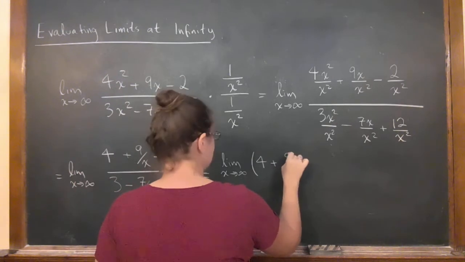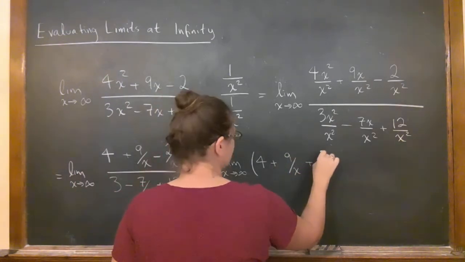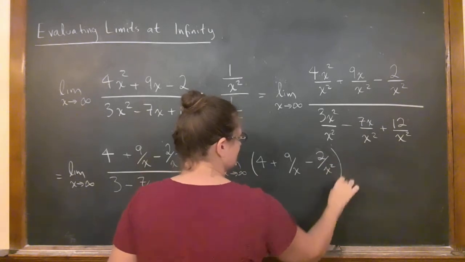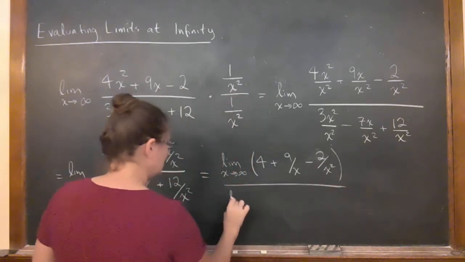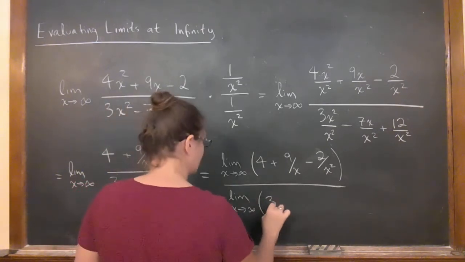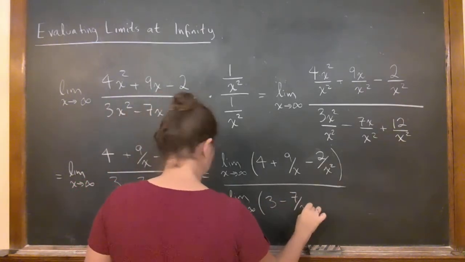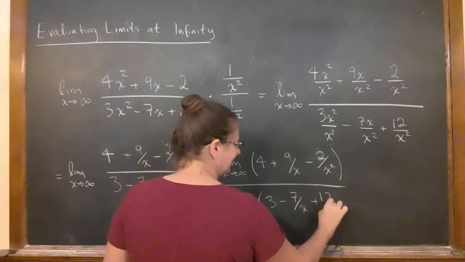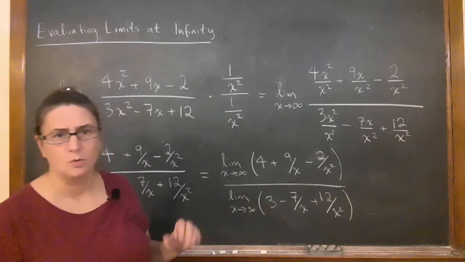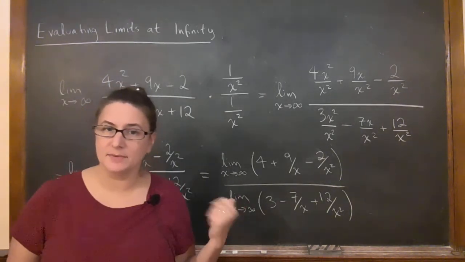So what I'm doing then is I'm now taking the limit of the top, dividing by the limit on the bottom,